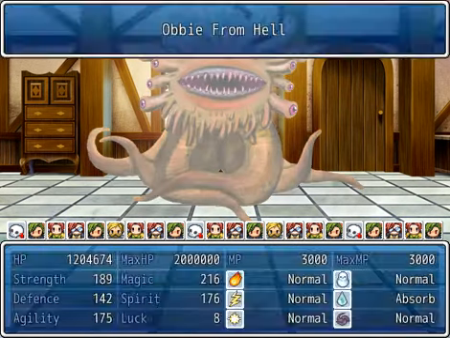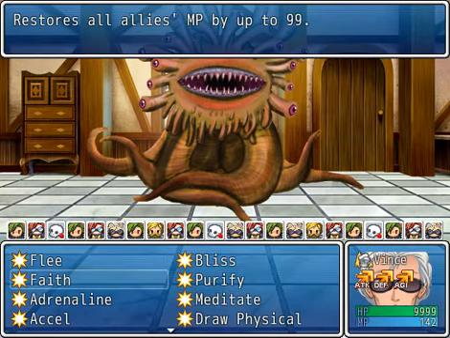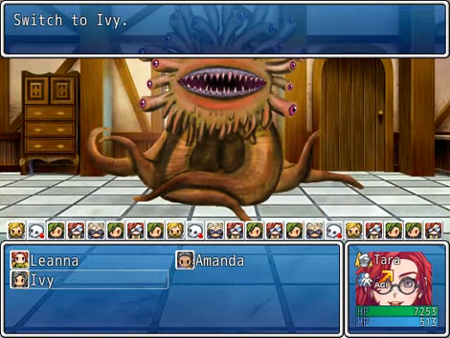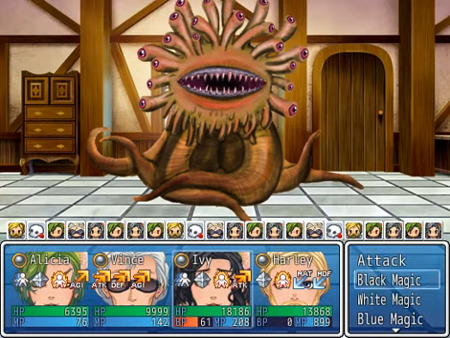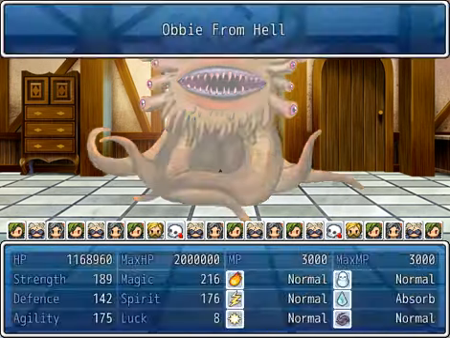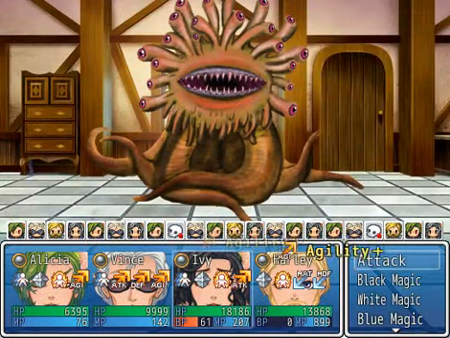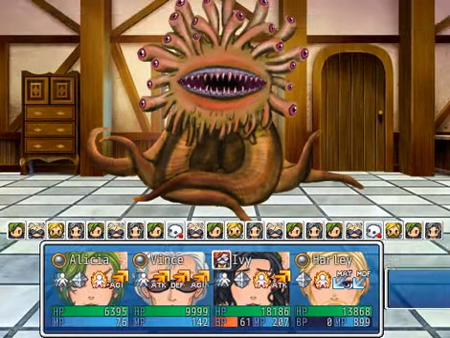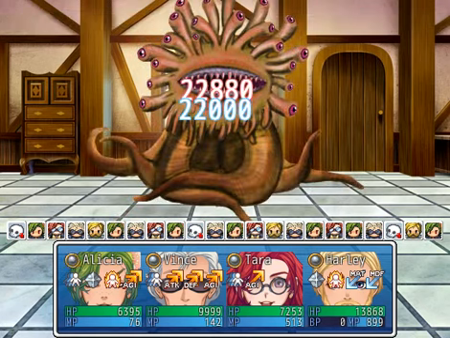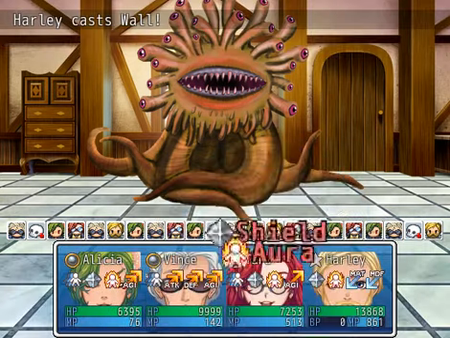Okay, it's taken off my buffs. That's annoying, but you know, just put Vince in and start getting them back. Turn order suddenly changed and I have a lot more turns before its next one. Well, that's good. And I guess I'll wall Tara. I'm not sure that's going to do much good, but...